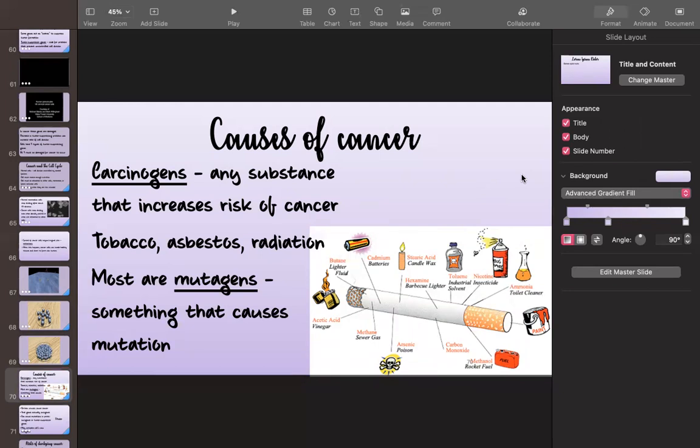But just to give you some ideas about the disgusting chemicals that are in a cigarette, we have cadmium, which you find inside batteries. We have stearic acid, which you find in candle wax. Hexamine, which you find in barbecue lighters. Toluene, which is a very poisonous industrial solvent. Nicotine, which is an insecticide. This is a secondary compound that's produced naturally by plants as a chemical that will be poisonous to insects because insects are a predator of tobacco plants.